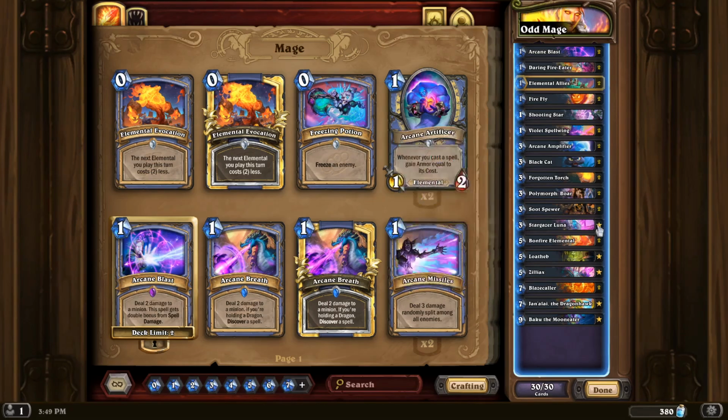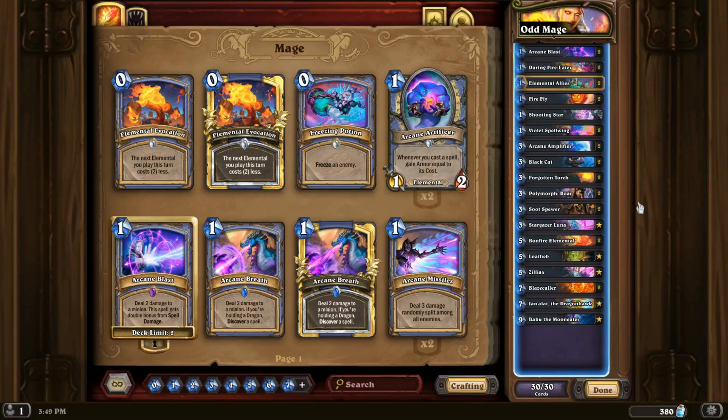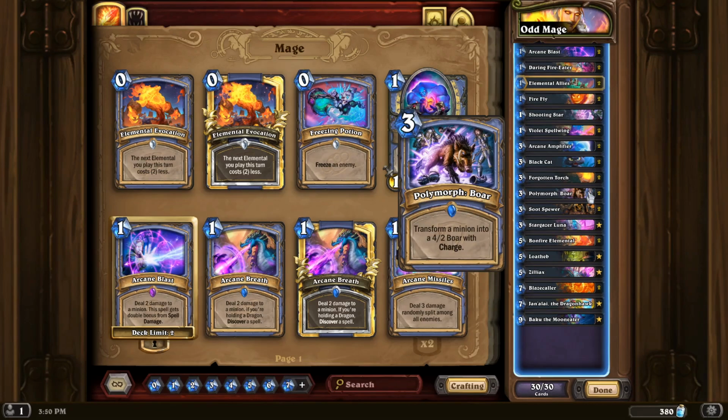It also has synergy with Ziliax, so that's relevant in the aggro matchups. Another part of our spell package, Polymorph Boar. It started out as a one-of, and I made it a two-of. There are a lot of Warlocks in Legend right now. I'm going against Cyclone Mage, Reno Quest Mage, Cube Warlock, and Darkest Hour Warlock, and Polymorph Boar is really good